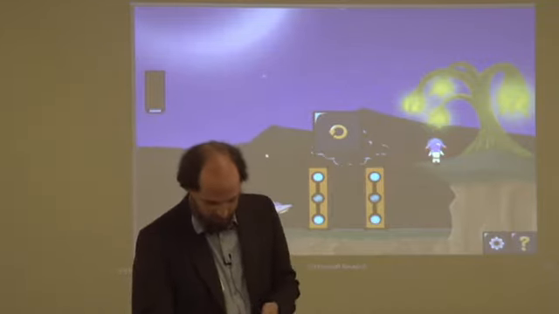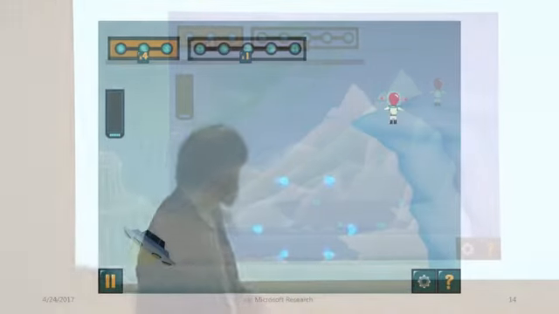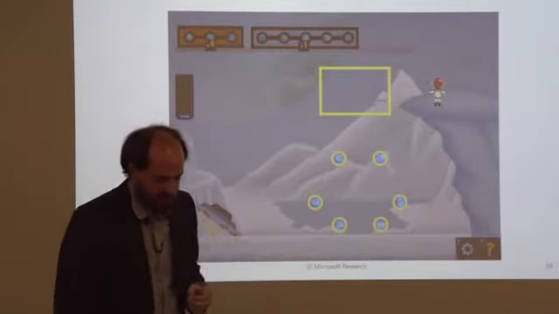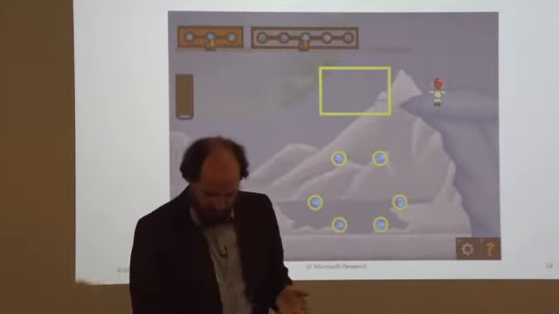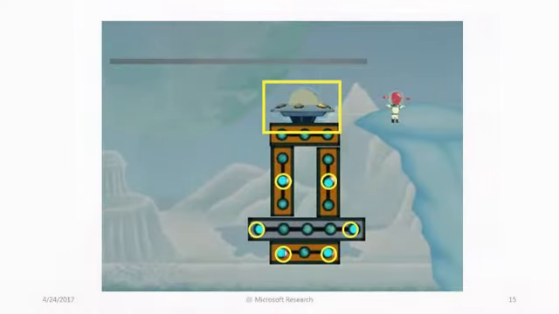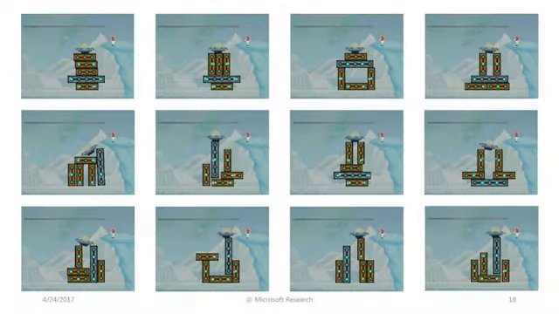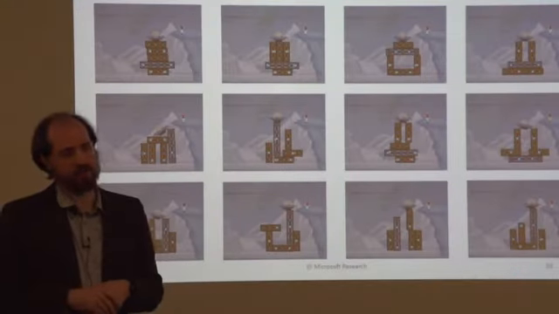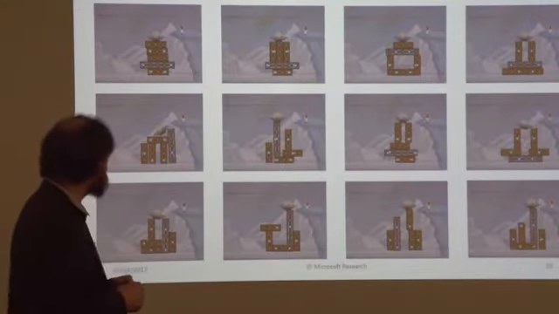So from a design perspective, every level in Rumble Blocks, and this is just one example, and I'll just highlight the energy dots and the goal because it's kind of hard to see on this background, every level has an intended solution. When the designers are coming up with it, there's some way to solve the level. They know it's possible in some way. But there's a whole host of other possible solutions the designers might not have thought of, because they're not K through 3 kids or because they might have missed some bug or something.